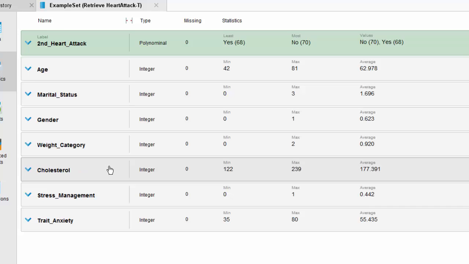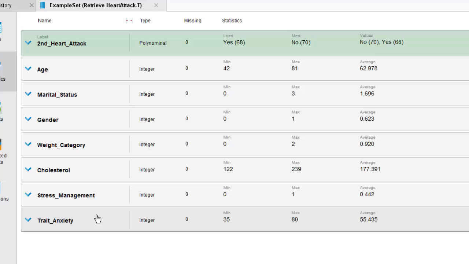Then we have cholesterol. This is the person's cholesterol level as recorded at the time of their treatment for their most recent heart attack. And then we have stress management, which refers to whether or not the person has previously attended a stress management course or not. 0 for no, 1 for yes. And then we have trait anxiety, which is a score on a scale of 0 to 100, from no anxiety